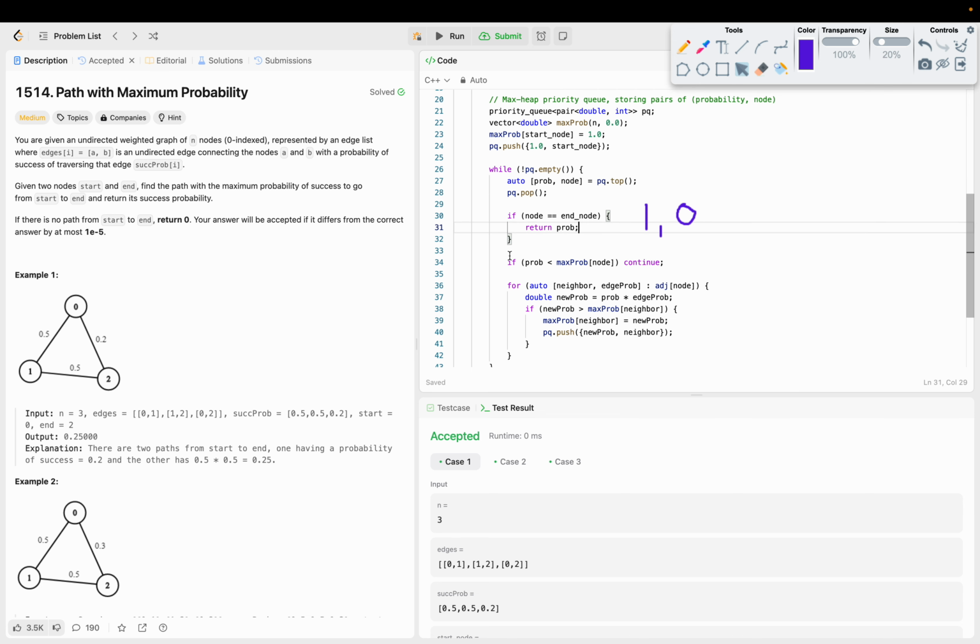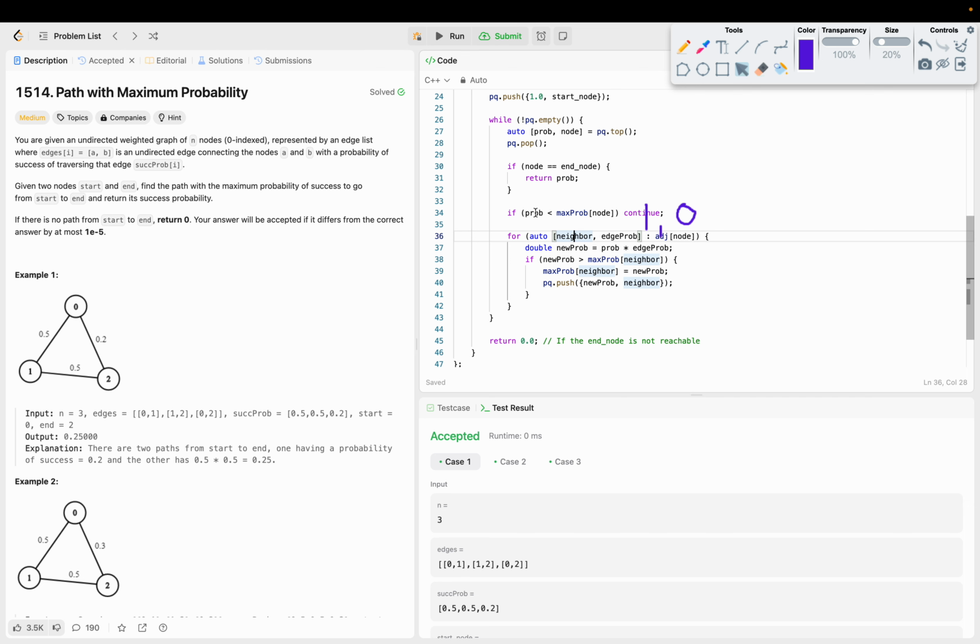Simple. If my probability is less than the maximum probability of node, continue. This is what I spoke to you about. If my probability is 0.2 and maximum probability is 0.5, I don't care, I don't need to move further, I will continue because I already have a maximum probability present, which is greater than prob, I have it already. Otherwise we will traverse here